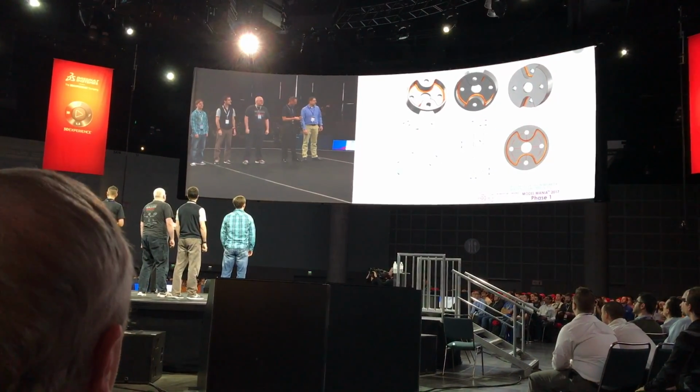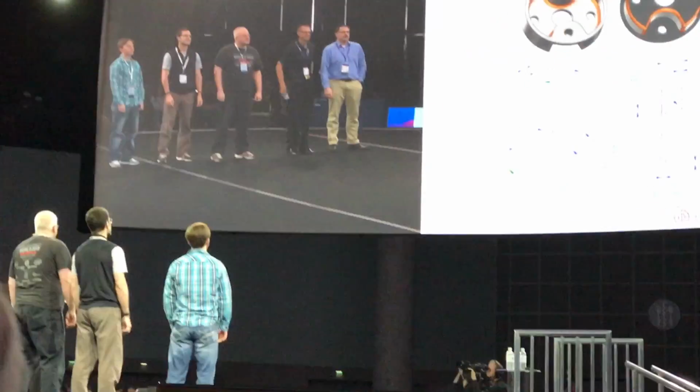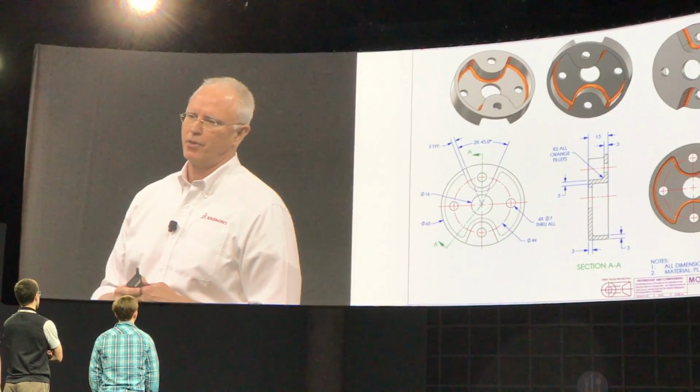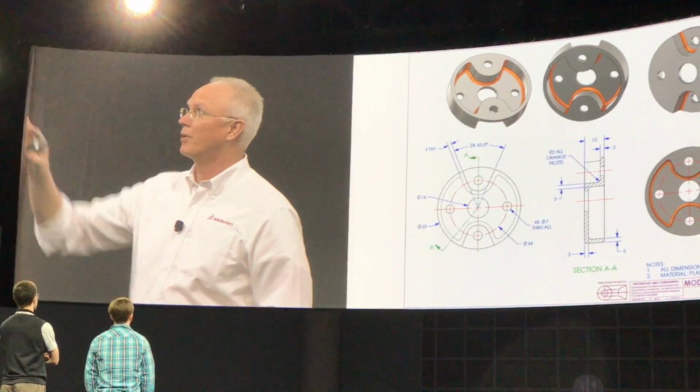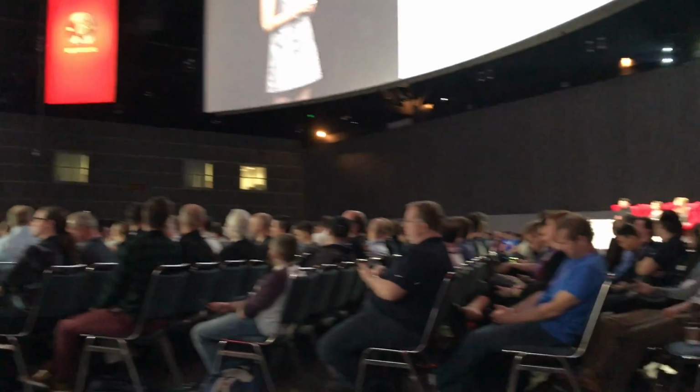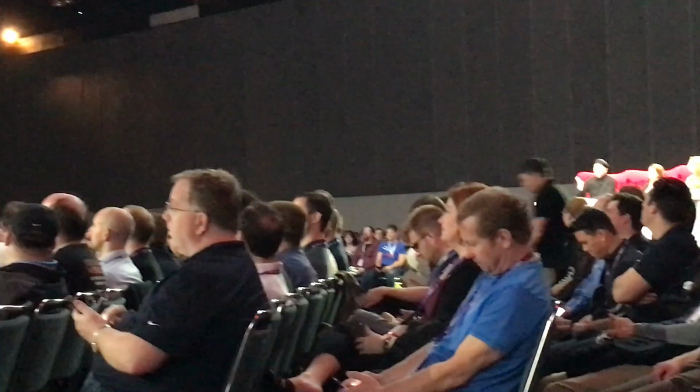So this is the model, the phase one part that we give you. As I mentioned before, we give you a drawing, we ask you to sit down and model the part. Then we'll give you a change to make that part. What did you think of the contest this year? It's been fabulous, Tracy. It seems like only a few moments ago I was up on that stage myself.